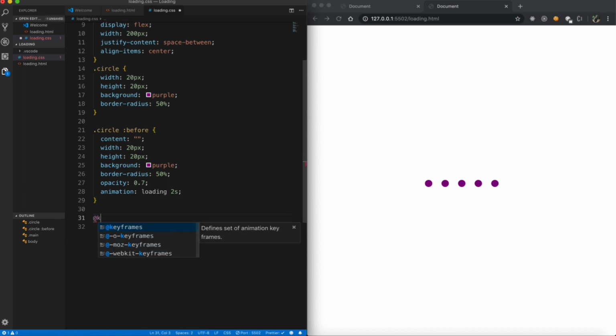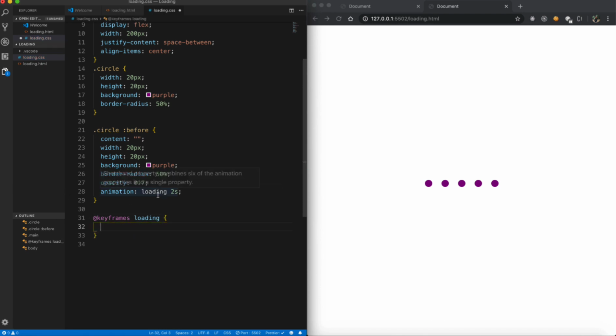So we're going to use keyframes. Let me say keyframes, and we want to use keyframes on the loading animation. And what we want to do is at the end of the animation, that is at 100%, that means at the end of 2 seconds, we want to scale it.